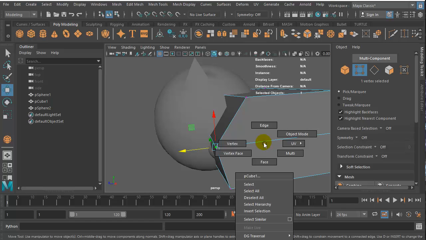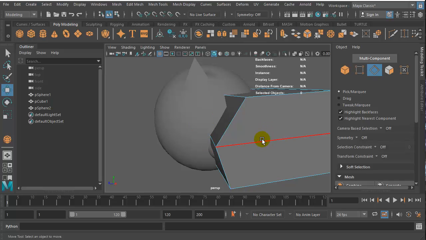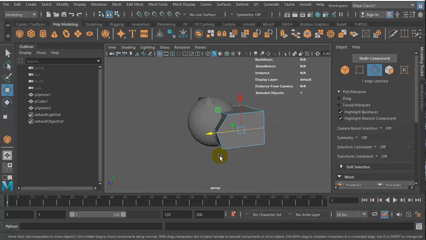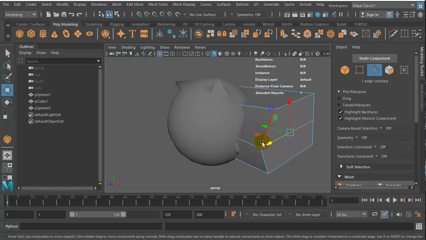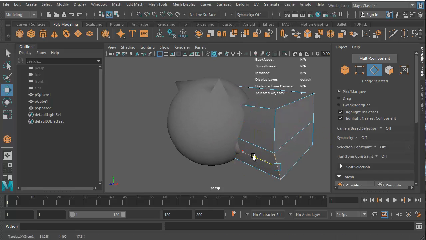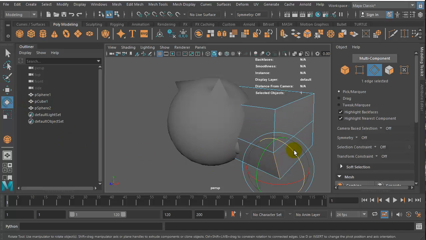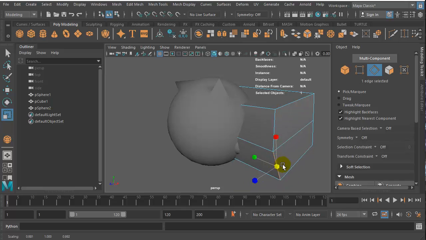Secondly, we can choose right click. So we hold down right mouse button and choose edge. Edge is the second building block of our object, which are, as very self-explanatory, the edges. You can see these edge lines here. So that's another way that we can manipulate our object through edges, and I can rotate those edges as well. And I can also scale those edges. So I can make them bigger or smaller, wider,